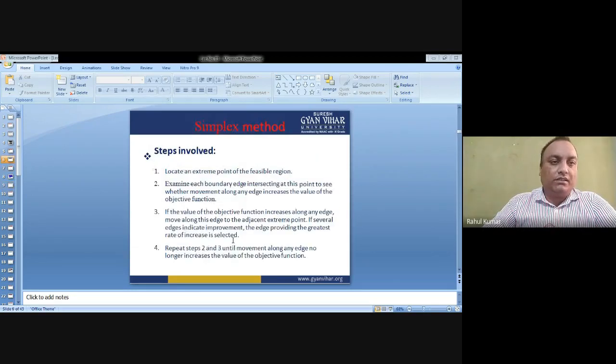So just see here, for the simplex method problem, there are four steps involved. First, locate an extreme point of the feasible region. Locate an extreme point of the feasible region and examine each boundary edge. Examine each boundary edge intersecting at this point